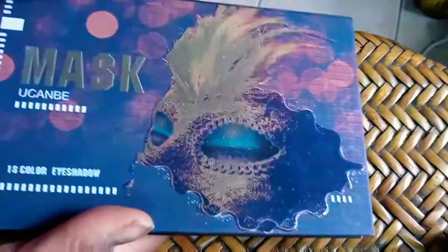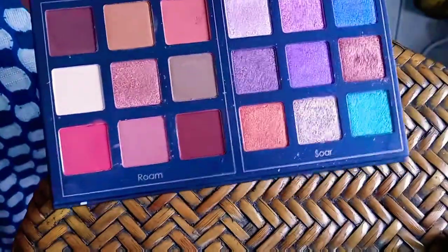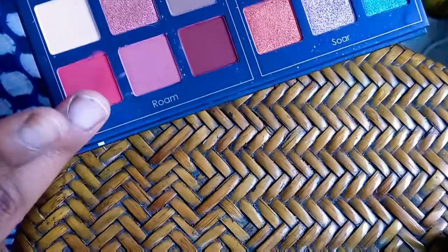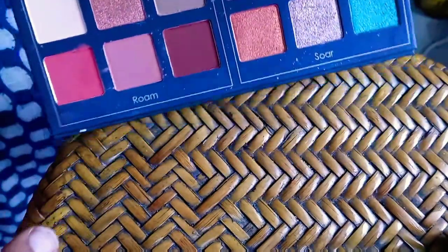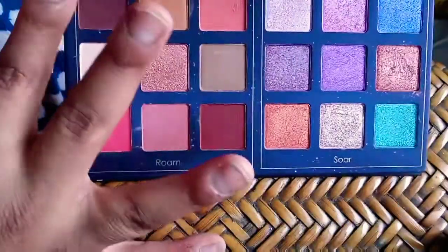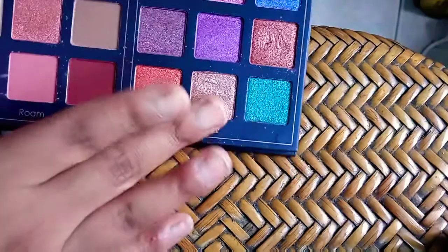Then there's the You Can Be Mask palette. My sister has the Supreme Chaos from a different brand, but it looked like this. More warm red tones over here, and then it's more pops over here. I really love this palette. Don't really use it, but